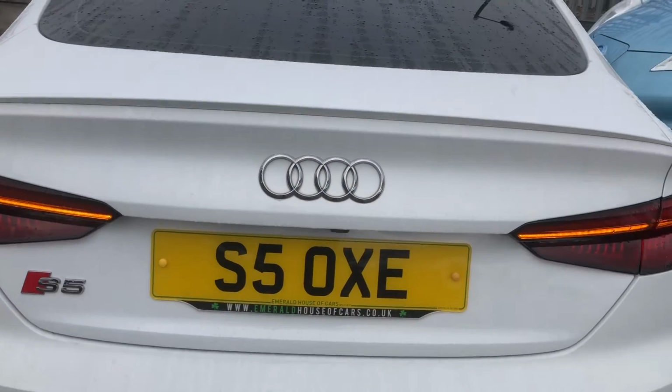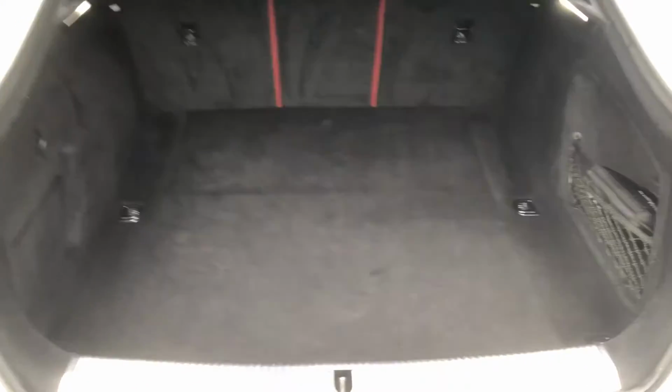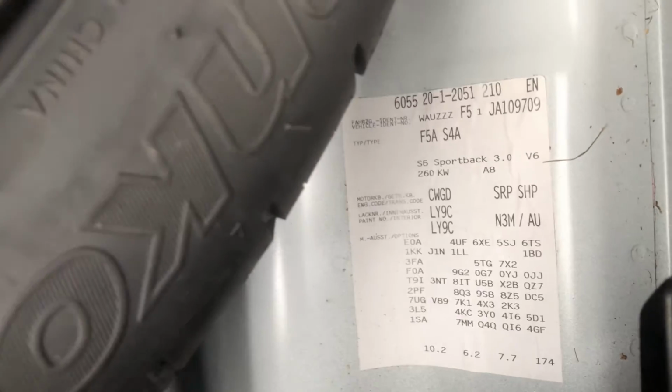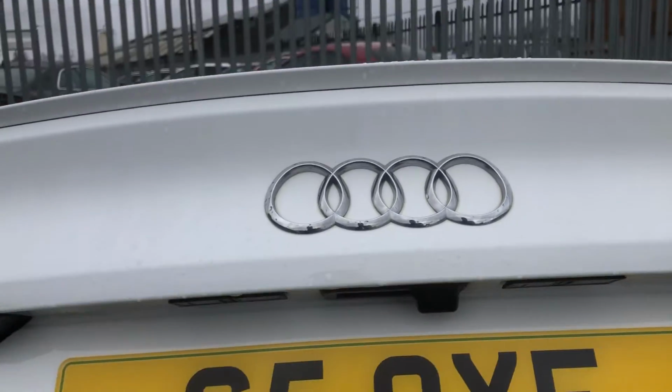Now hold the button on your key, that will remotely lift up your boot so you don't have to do it. And you can see in here you've got an absolute mass amount of space in terms of storage, with pretty much everything taken care of that you would need. And underneath, don't forget you've got further storage. You've also got your little spec list here. If you put it in on Audi, that will give you some of the options, and the donut space over wheel as well. Now to shut the boot, this is remote, so click the button, wave to the camera, and